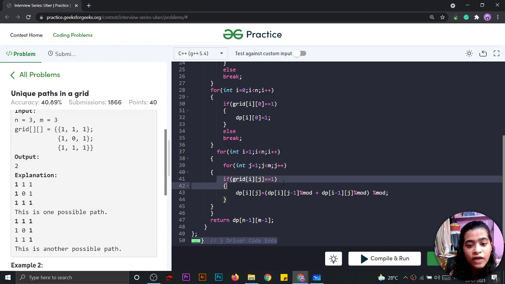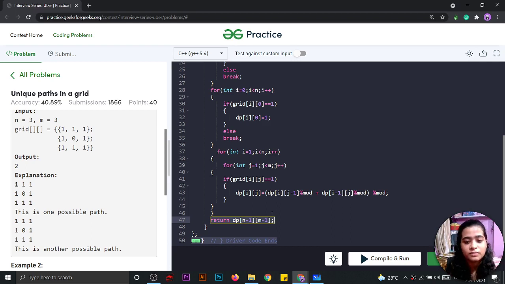And if grid of i, j is equal to 1, then we are calculating it for i, j minus 1 and i minus 1, j, and we are adding it. Then simply we are returning dp of n minus 1, m minus 1, because we have to calculate it for the last element. You have to reach till last.